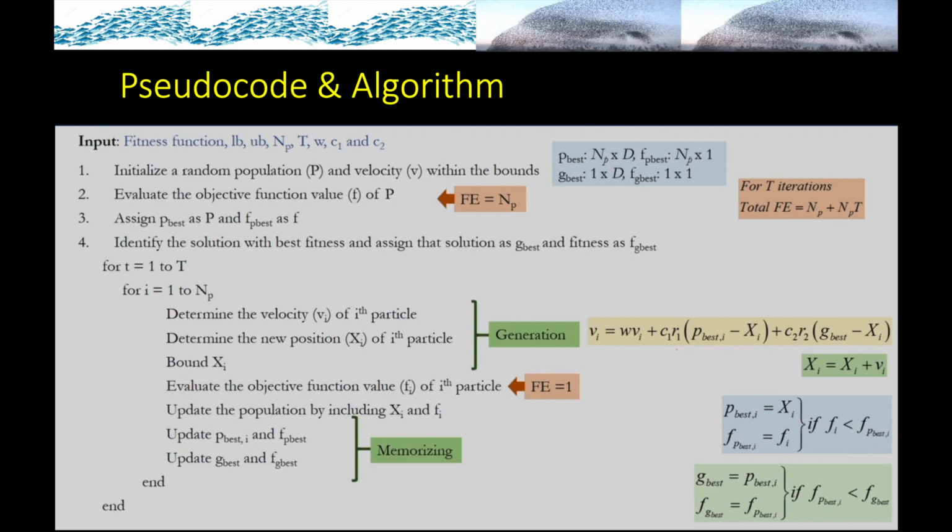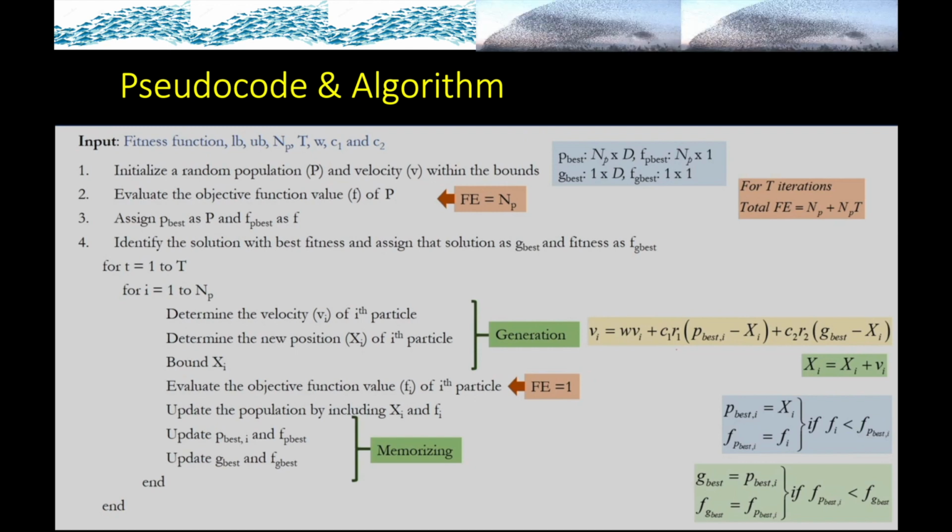The number of particles is given by capital N base P. The steps, if you remember, for generation we had two equations. The first equation was to determine the velocity Vi of the ith particle in a particular iteration, using the inertia constant and the acceleration constants, represented by Vi here, as you can see on the right side